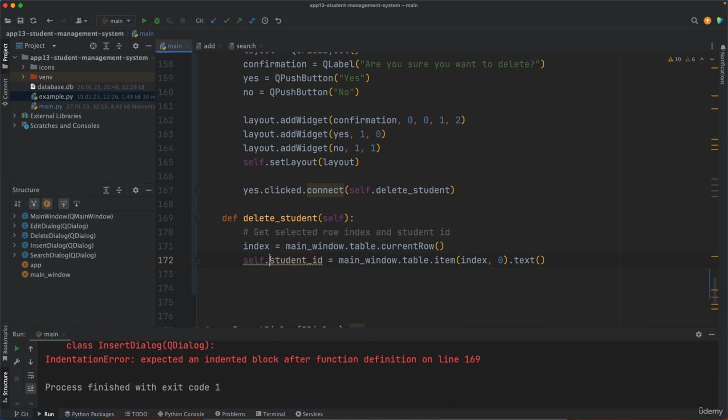So now this student ID, since this is part of delete student, we don't need the self. If you placed it inside init and you access it from delete, then you'd need to do self.student ID inside init, and then you access it with self.student ID from within delete student. But now we can keep it as a local variable, and then we're ready to establish a connection to the database. With sqlite3.connect, that is the database.db file,